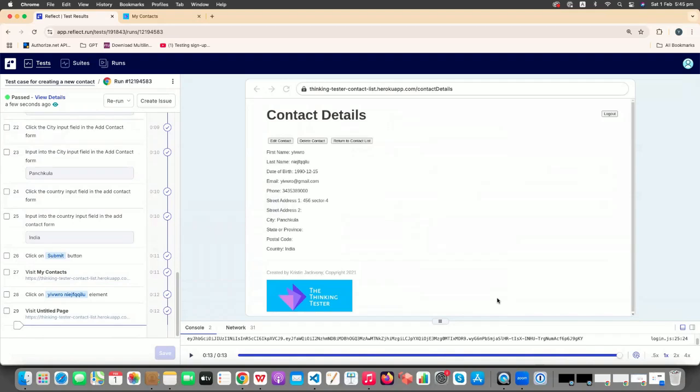So now let's come to the part of validations, visual validations and text validations. Visual validations basically include checking of layouts, colors, size, or any image or logo on the web page. Suppose I want to validate the logo of this app. I want to verify its size, color, and its proper layout. So what I will do,